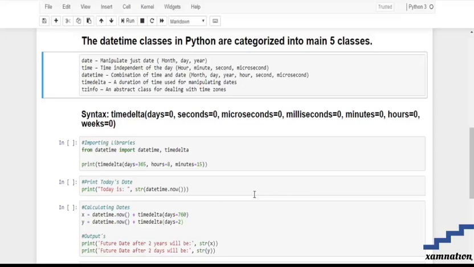Today's topic is about the timedelta functions. So let's get a brief introduction about the datetime classes in Python. The datetime module in Python consists of five main classes, which are date, time, datetime, timedelta, and tzinfo. If we are going to use a date class, then it's good if we are just using it